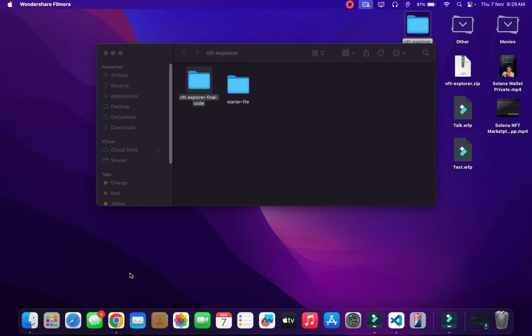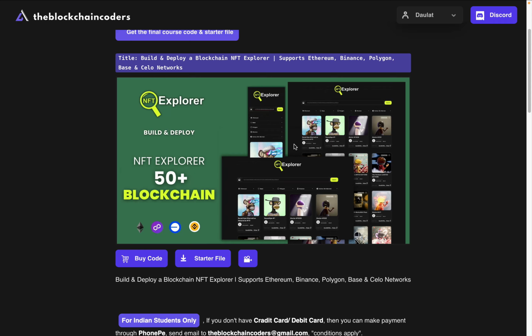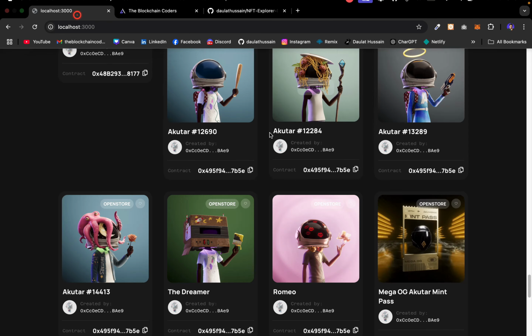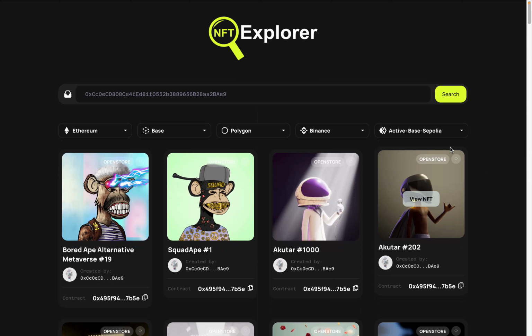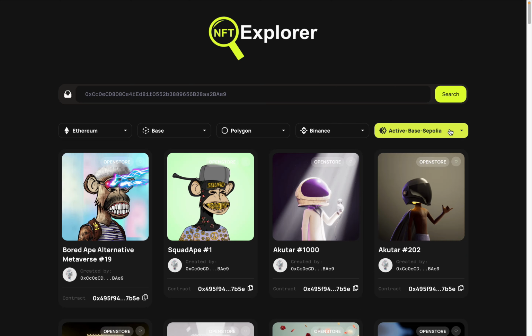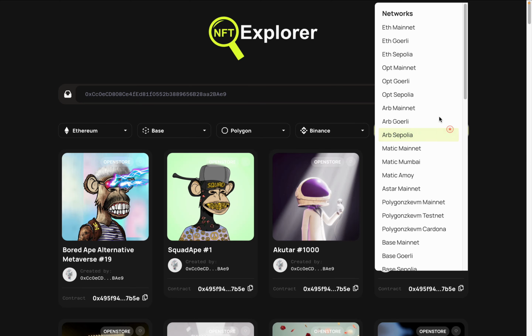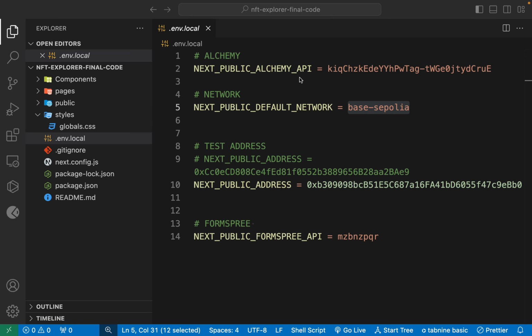Because if you come back to the application, by default it's reflecting Base Sepolia. That's the default behavior we have set, but you can simply change that, or the user can simply switch to a different network. There is no problem. So we have the API key, we have the base network, and here I have these